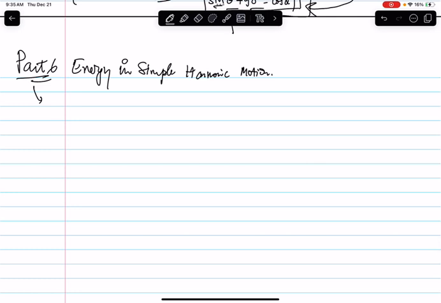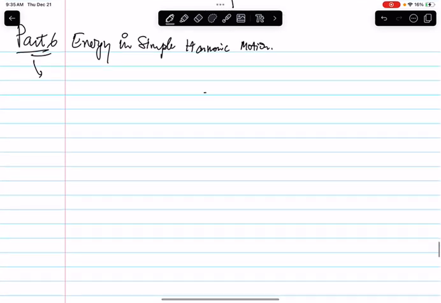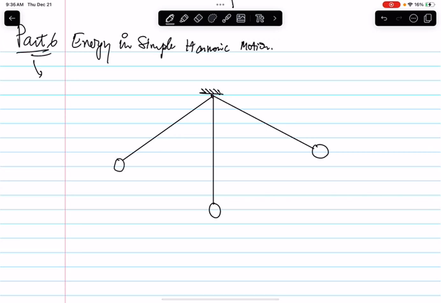So the basic idea, if we look at simple harmonic motion, it's always good to look at a pendulum as an example, right? So once again, a pendulum is not a perfect example of simple harmonic motion. I explained it in one of the last few videos, where I talked about how in simple harmonic motion the defining condition comes from a is negative omega squared x. Now, since a is negative omega squared x, this means that the acceleration must always be proportional